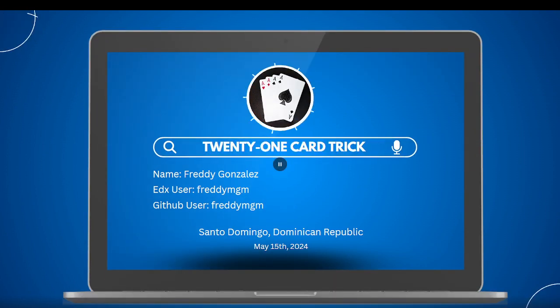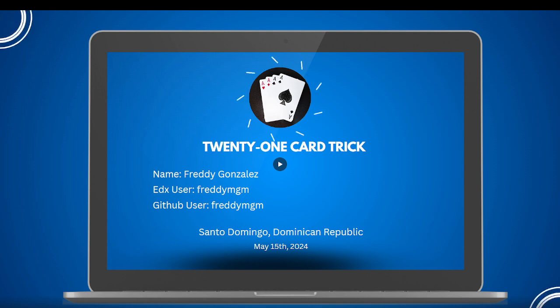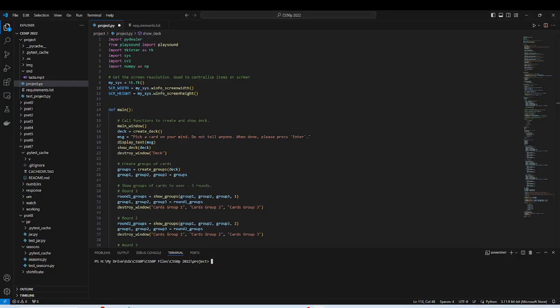Hello, my name is Freddy Gonzalez from the Dominican Republic, and my project is the 21 card trick, also known as the 11th card trick. So let's go on and run it to see it in action. I will be explaining some of the